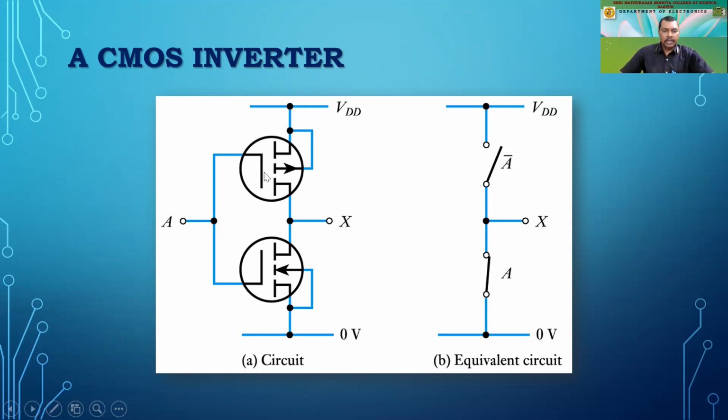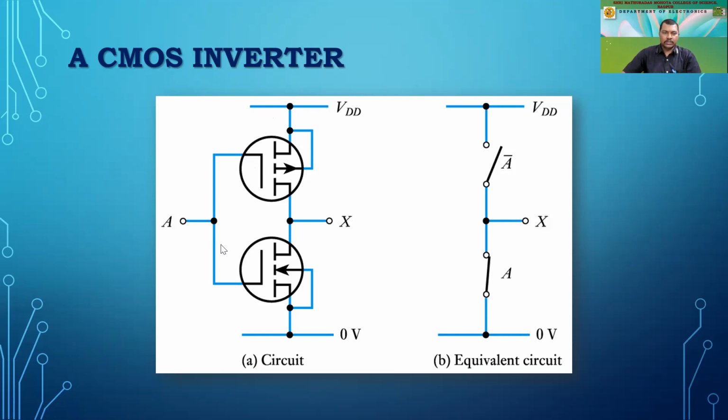Similarly, here also, if you remember, this is the symbol of the enhancement MOSFET. It is not the depletion type of MOSFET, it is the enhancement MOSFET, right? So we are having this as the P channel, which implies that the current is flowing from here to here, right? So this is the simplest circuit diagram that we are having, and you are able to see that we are employing both P channel as well as N channel MOSFETs, right? So these MOSFETs are working over here.